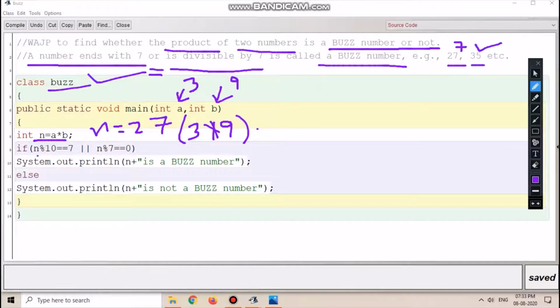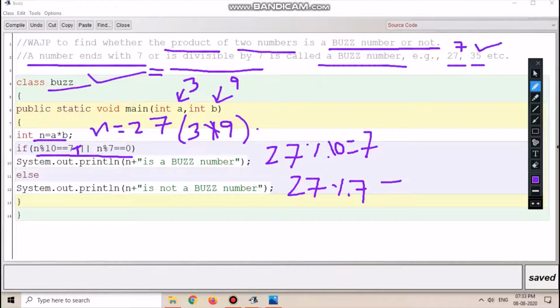After this the control will come over here. 27 % 10 will give you 7. So 7 equal to 7 is true. Next 27 % 7 is not equal to 0.